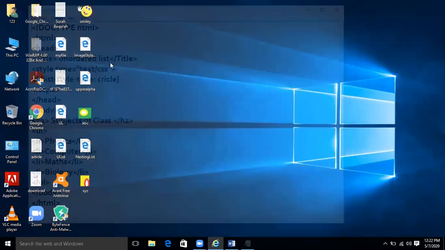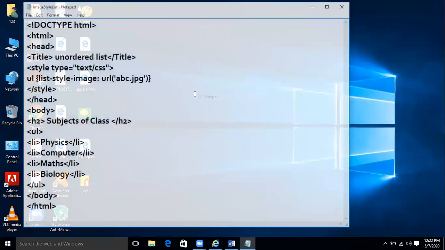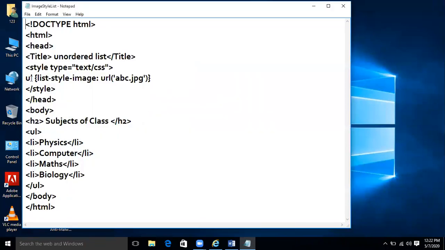How can I do this job? What is the change that I need to do? Now please pay attention and look at this code. I have made one piece of code for you. Instead of list-style-type, I will mention list-style-image, and I will mention the name of the file in small letters, whatever file name I have given.